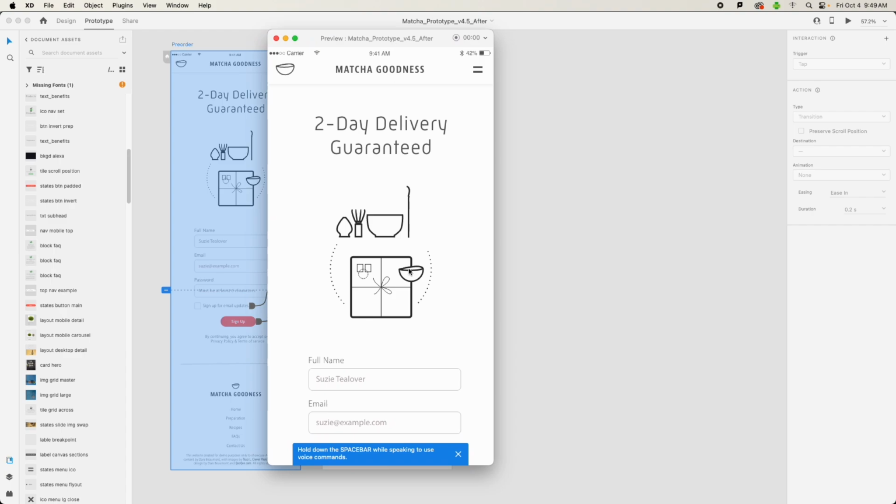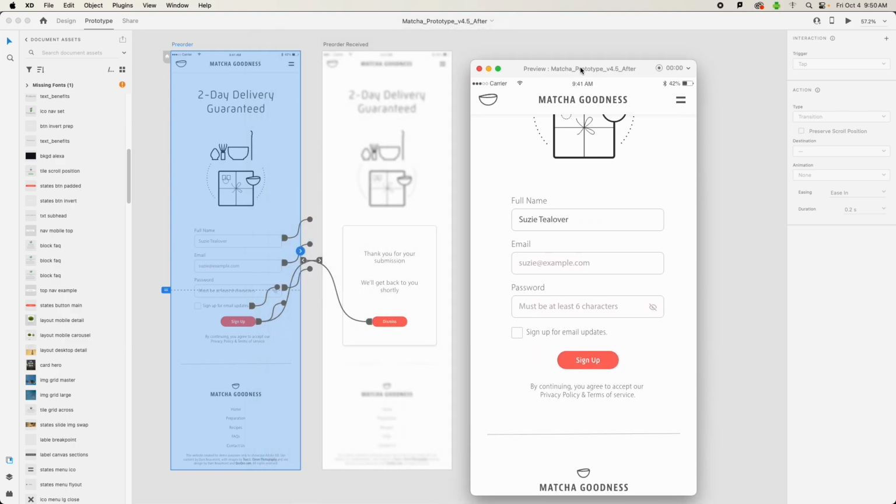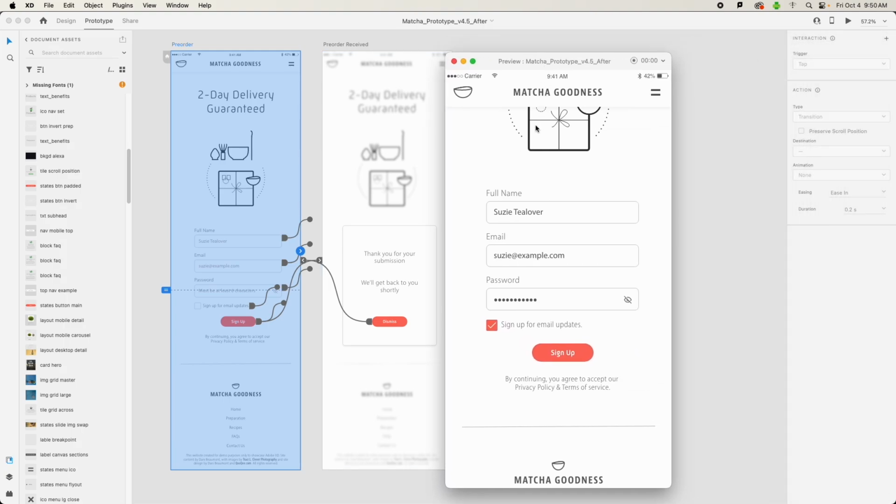So as I go through and I scroll up and I click, it's taking me to a filled text box from over here. And when I click over here, the same thing. When I click here, it takes me to the password. When I click here, and when I click here, sign up, it's going to take me to a